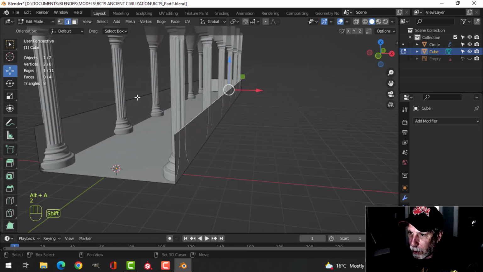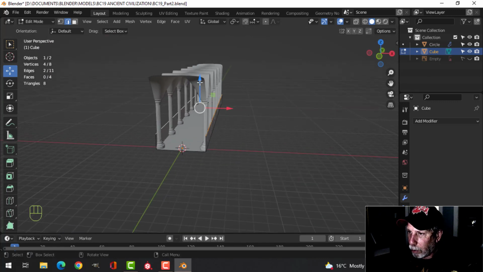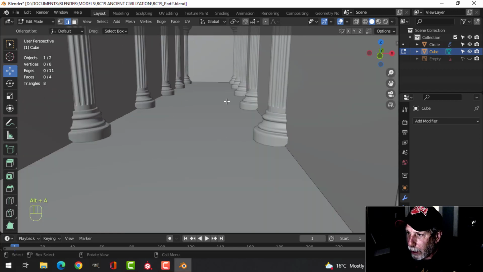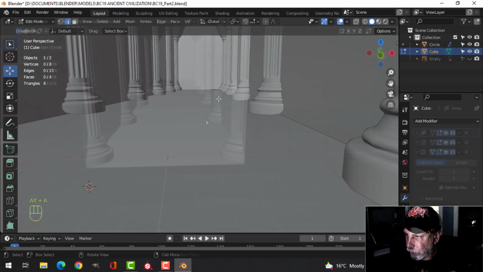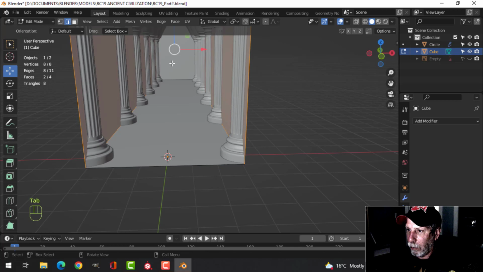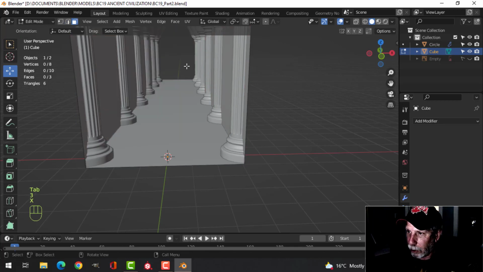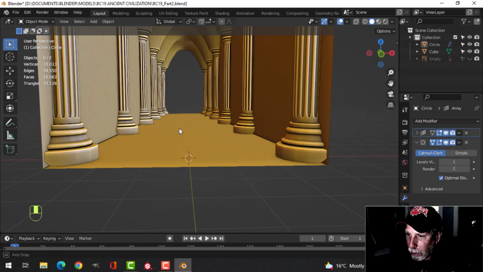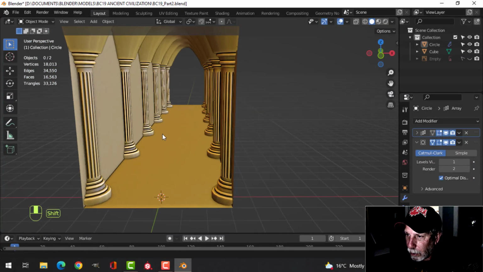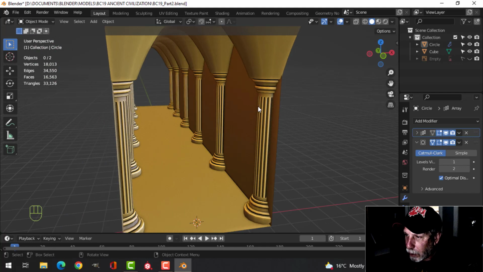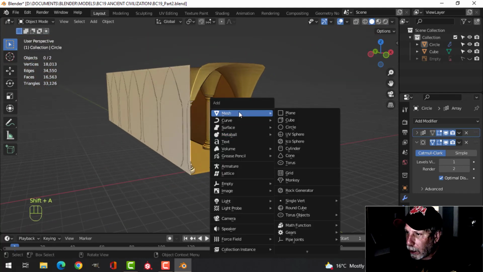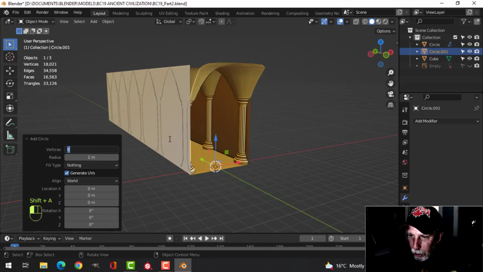And I'll take the sides and I'll pull them up so that when you're in it looks like this. I'm going to come back in here and I'm going to actually delete that back face because I'm not sure what I'm going to do there. Okay, so far so good. Now what I was thinking of was some windows here. So my 3D cursor is still there. I'm just going to bring in a circle and go for something like 22 vertices